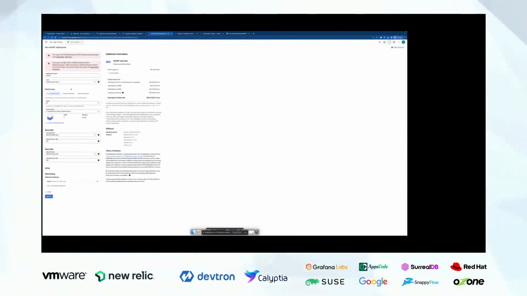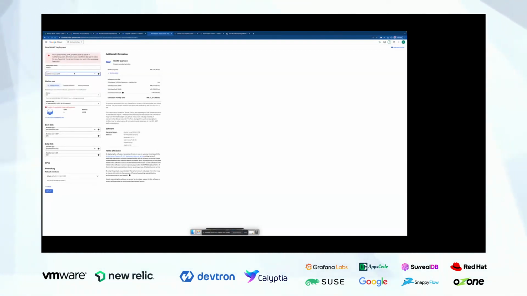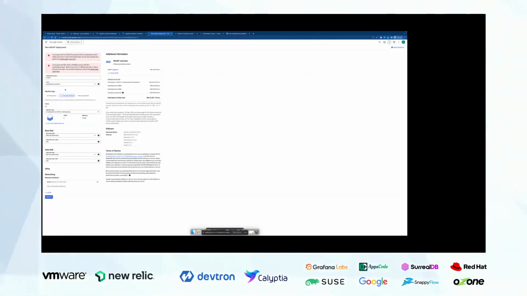And in here, you give it a name, the zone, and what kind of machine you want to use. Do you want a general purpose machine, a compute optimized machine, with GPU, high memory, and so on? You add the disk, the SSD for the boot disk and the data disk that this machine is going to use, and add network interfaces, like what IP ranges this cluster can have access to, and other details.